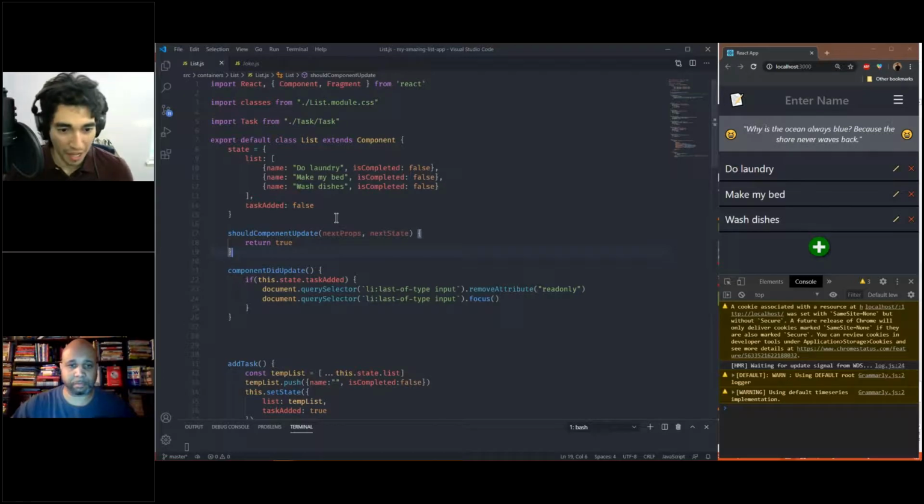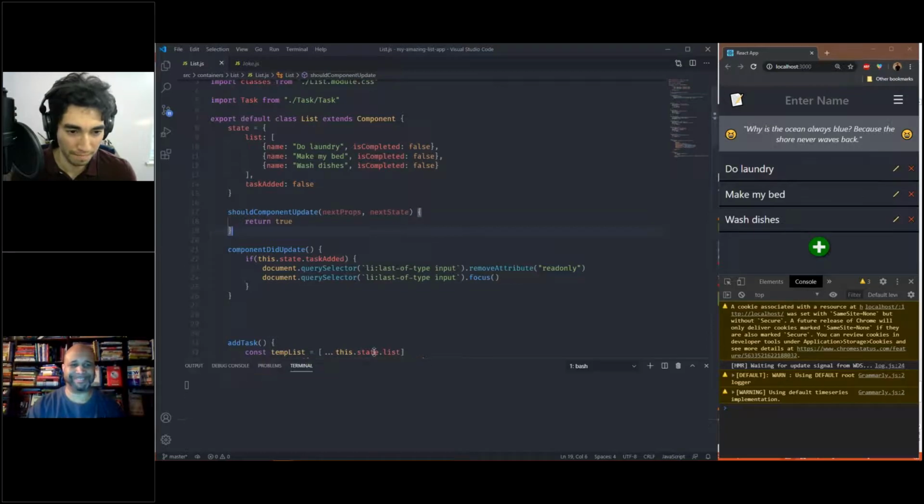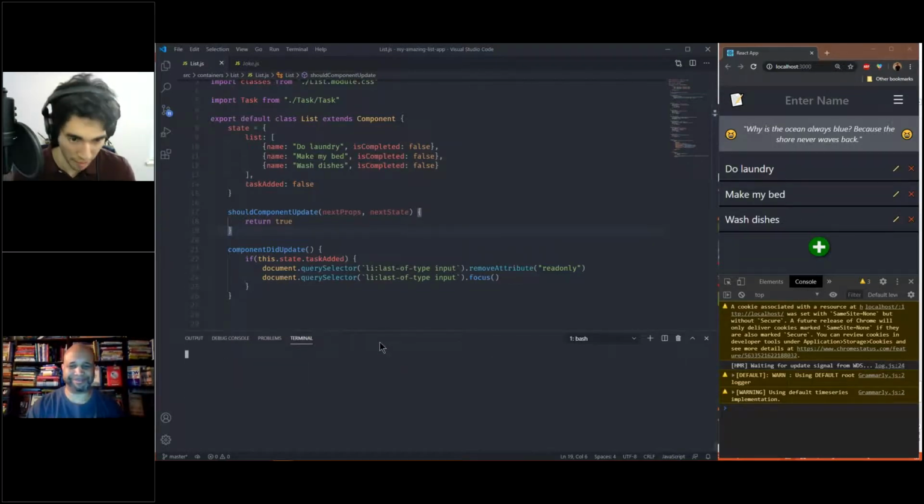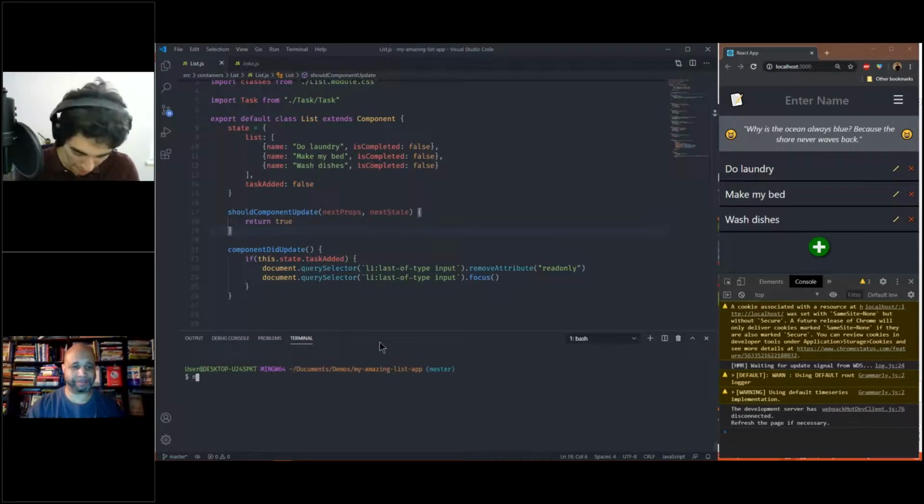All right, so we have only one thing left to do, and it's to deploy your amazing application. In order to do that, we use one single command here, and that would be npm run build, and this is an alias for npm build. This is going to bundle everything very nicely for us. Actually, instead of running the command, because it's going to take some time, for the sake of time, I already have